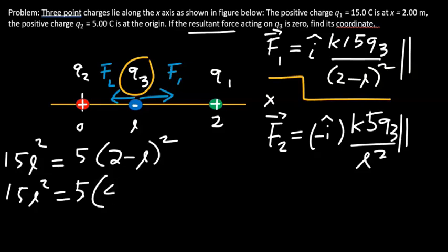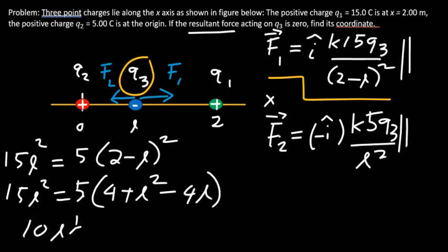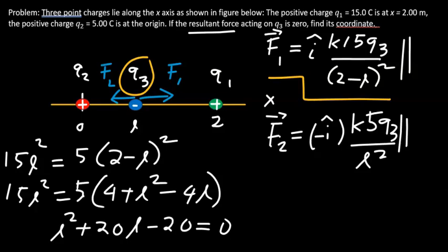Expanding the bracket, you get 4 plus L squared minus 4L. Rearranging the terms, you get 10L squared plus 20L minus 20 equals 0. Dividing the entire equation by 10, the first term is L squared, the second term is just 2L, the third term is just 2. You see, this is a quadratic equation in L, and we can solve that using the